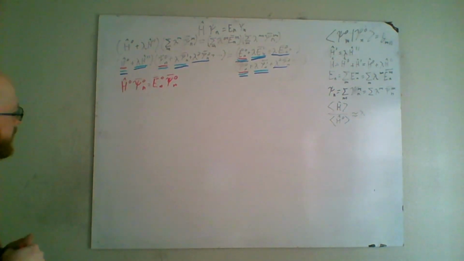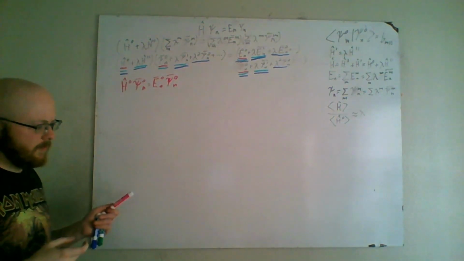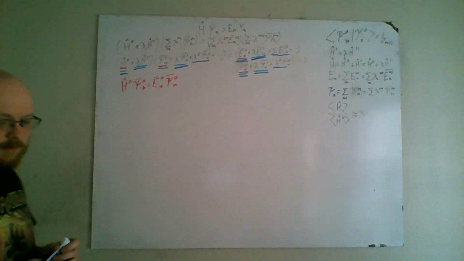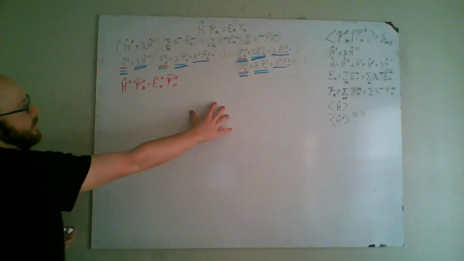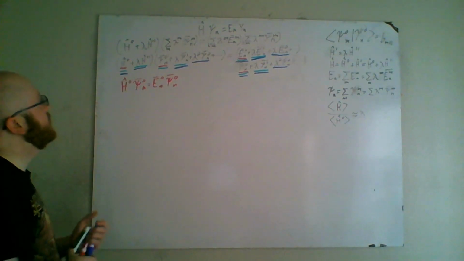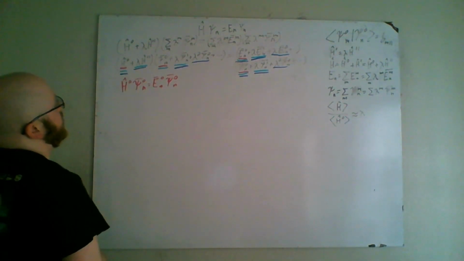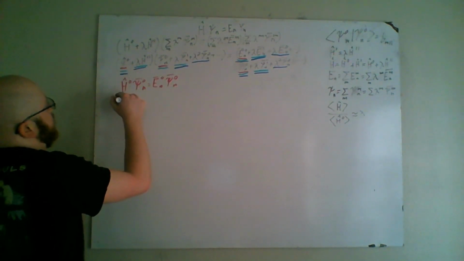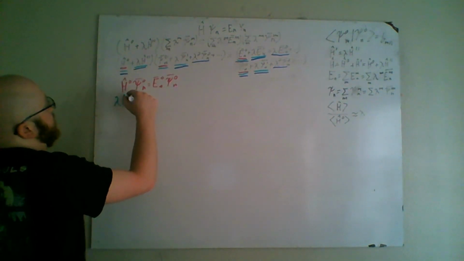Okay. Now, let's go through all of them, and then I can expand them out over here. So yeah, let's do green 2. So in this case, we have these two. So we have lambda